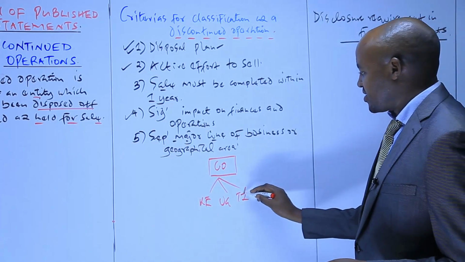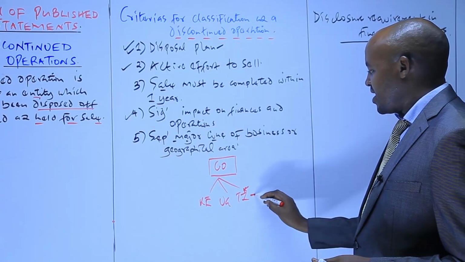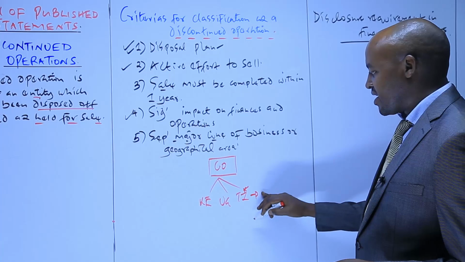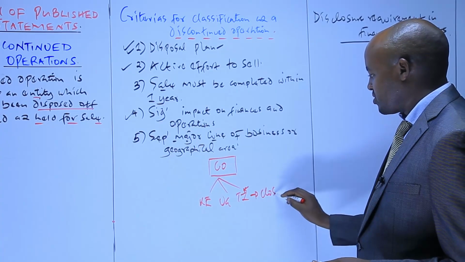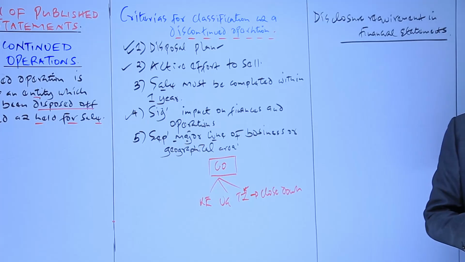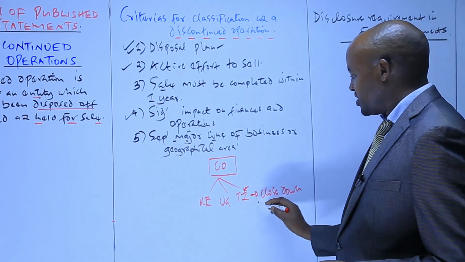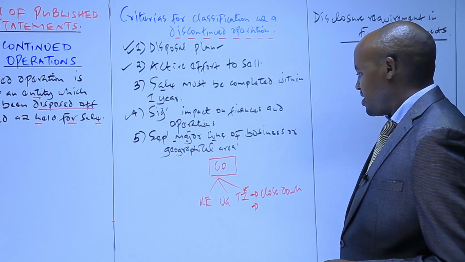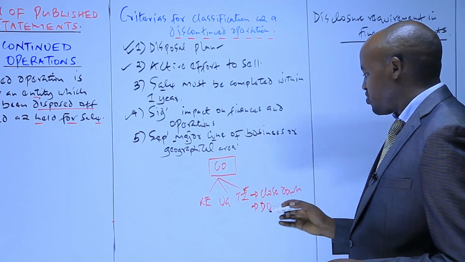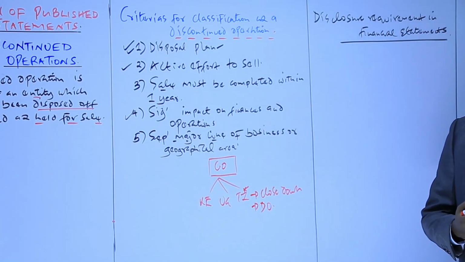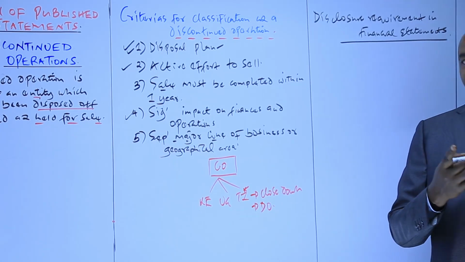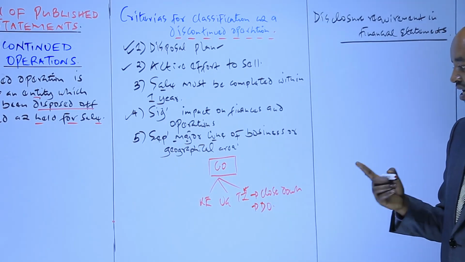Then a decision has been made to close down that particular branch. Once such a decision has been made, we say that this Tanzania branch is a discontinued operation. Now, when the company is preparing financial statements at the end of the year, what the company is expected to do, one, is to determine